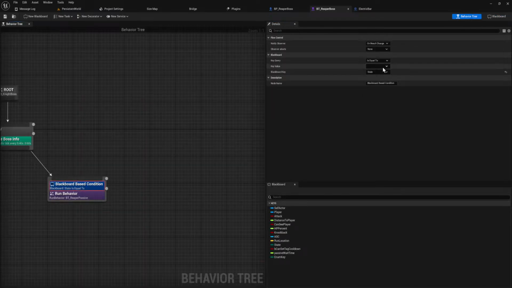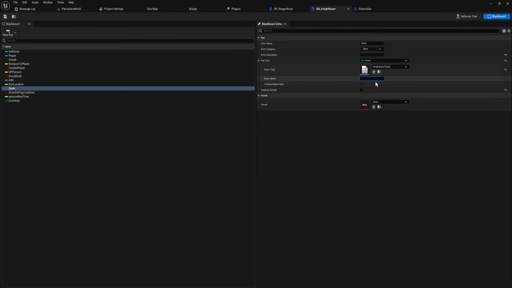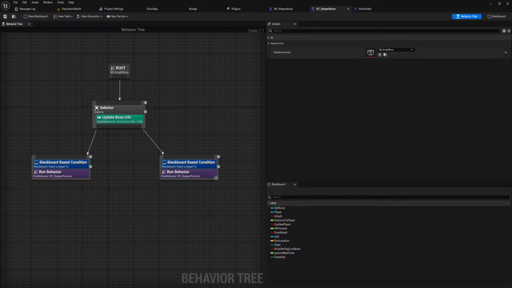But it seems like, okay, state equal to, we can set this to passive and aggressive when it's just boss state, right? So that much makes sense. But then when we set it to eBoss state, it works now.